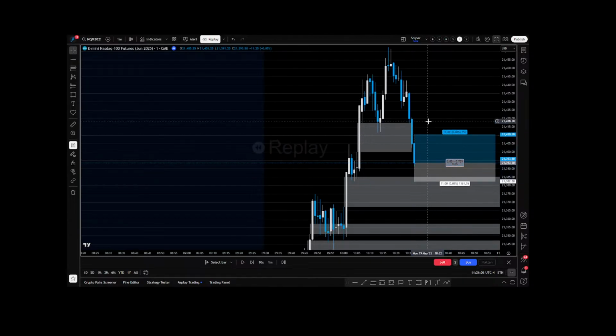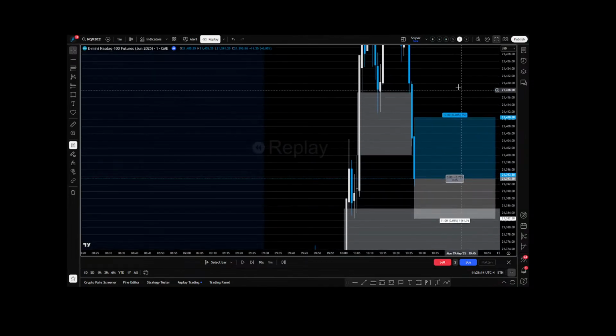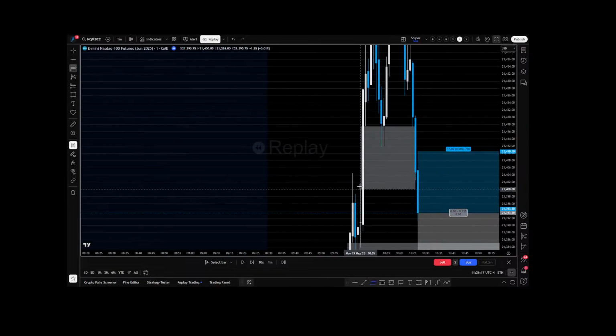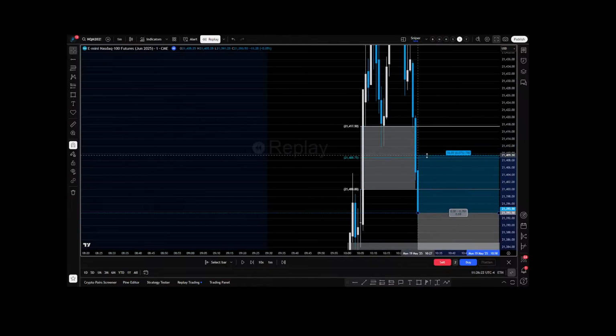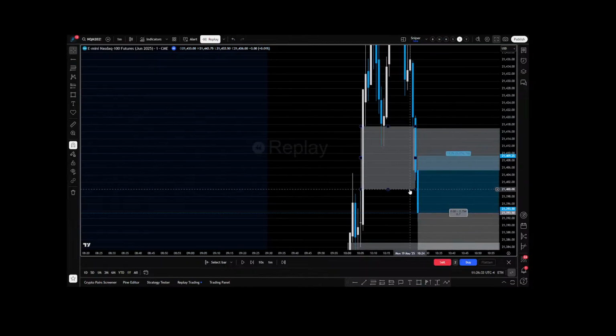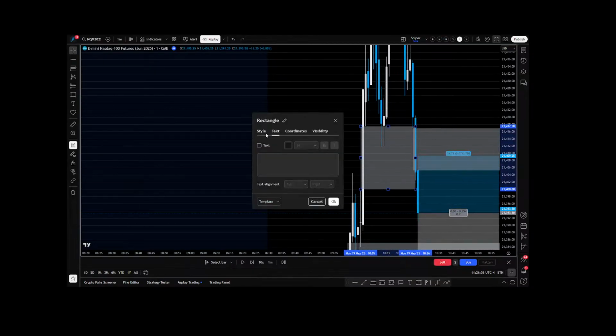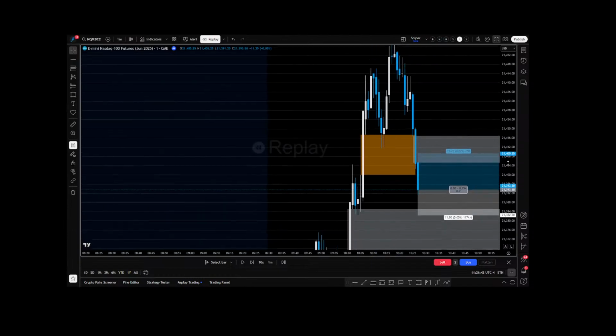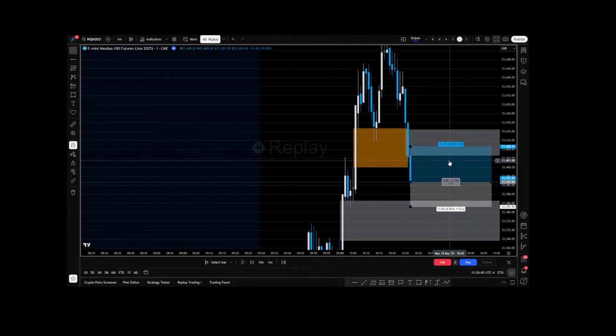Your stop in this case would at least need to be the high of this candle, the inversion candle itself. But I would rather take a bit more drawdown and let this 1 minute fair value gap potentially defend my position. So my stop would look something like this. So this is halfway through the inversion. Put my stop right about here, just within this 1 minute freshly formed fair value gap. But I know there's a lot of fair value gap stuff going on, so I'll mark out this inversion with a different color background. Just say orange. So this is the inversion, right? This is the freshly formed fair value gap.